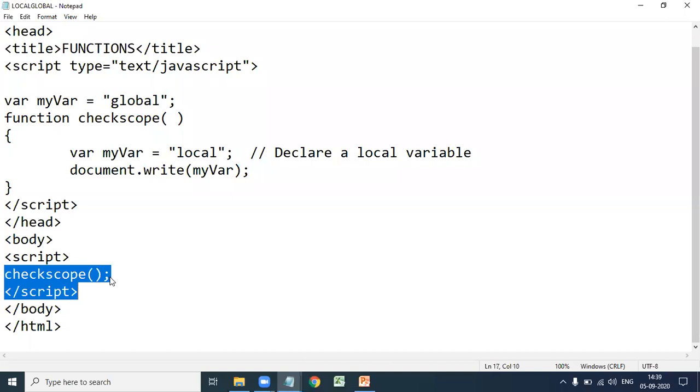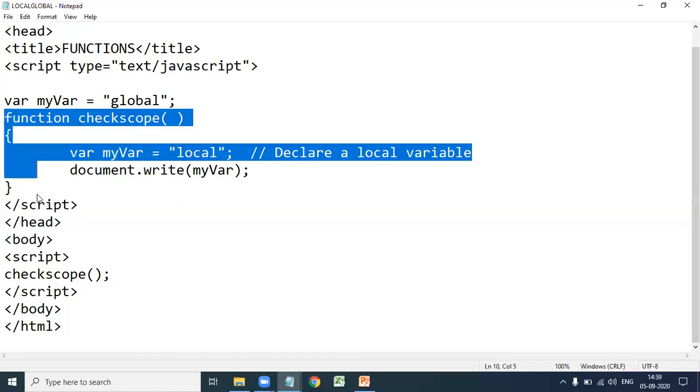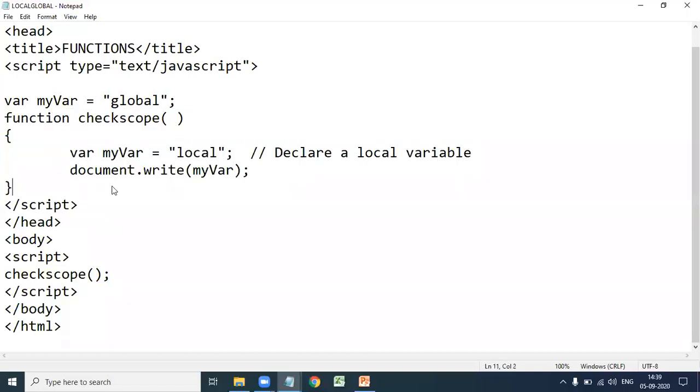Next we call the function, checkScope. Here myWhere is a local variable inside the function checkScope. The variables inside a function are called local variables.